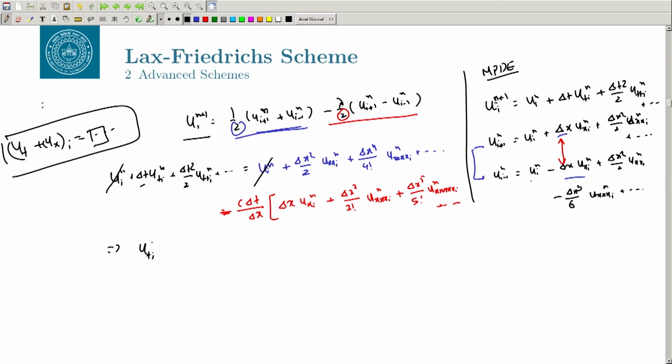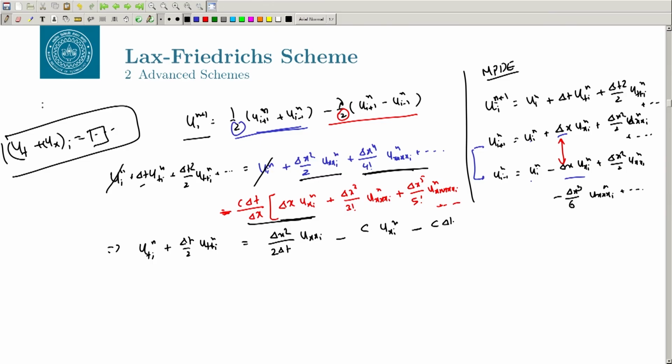So, this is u_t_i^n plus delta t by 2 u_tt_i^n, that will be this first term. If you can collect, that will be delta x square by 2 delta t u_xx_i^n, and then you have other higher terms, I am not writing those, I am just writing the first term. So, the delta x will cancel out. So, c u_x_i^n, this is the first term, and possibly the second term also, minus